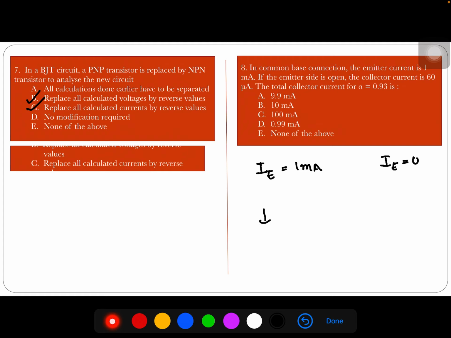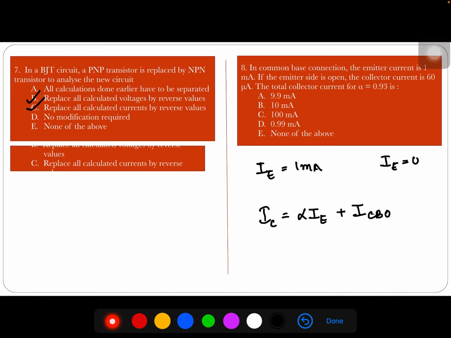So always remember that the total collector current equation for common base is alpha IE. That you can easily remember because you know the formula of alpha also. Alpha is IC upon IE. So from there also you can calculate IC as alpha IE, but this is only the majority part, plus a leakage current is also there. That is the leakage current in common base, which we usually neglect.